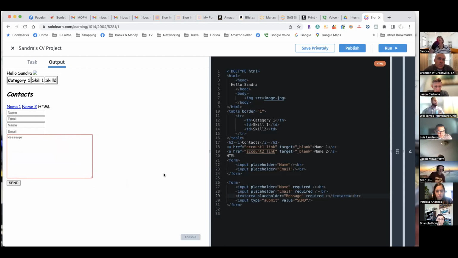It's more for bigger fields. So if you're going to put a comment section, you'd use a text area for your comment section, or if they need to answer some long drawn out question, you would use that. But it's pretty much the same as input type text. Okay, so let's hit publish